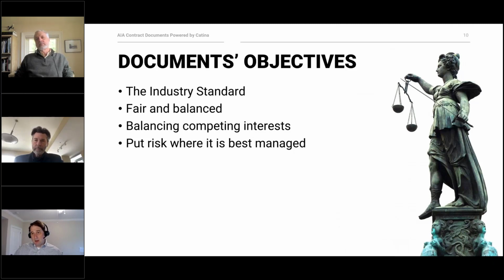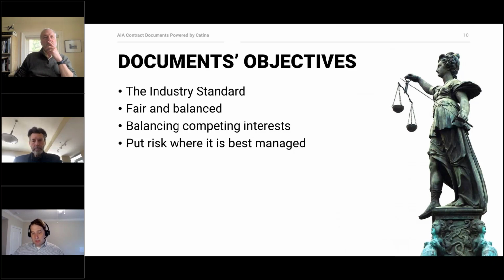Our objectives in the Documents Committee program have always been the same, and that's to be the industry standard and to provide standard form agreements that are fair and balanced for people to use as starting points as they negotiate contracts for their projects. We're always trying to balance competing interests, but that means making decisions on where risk should